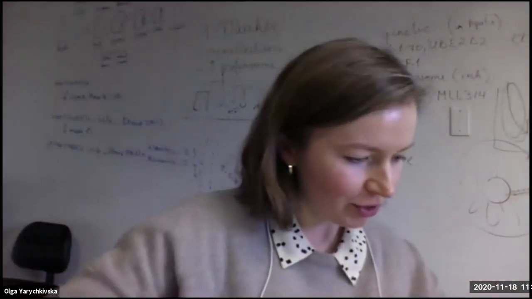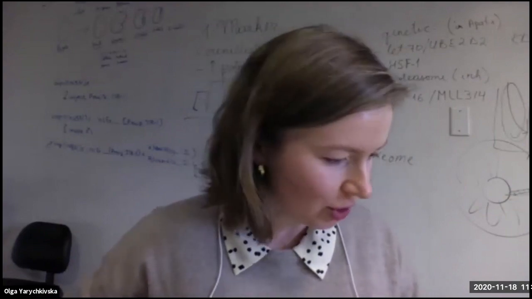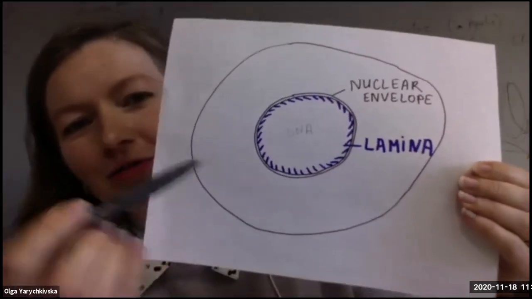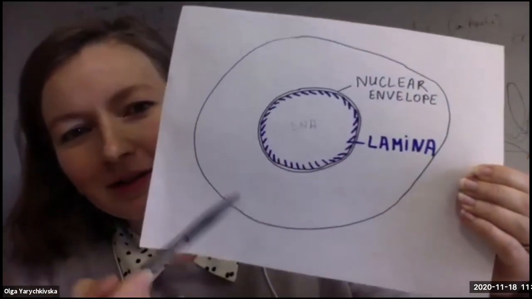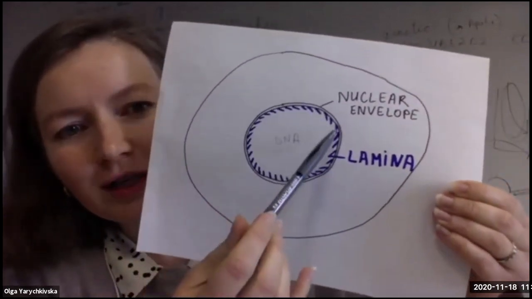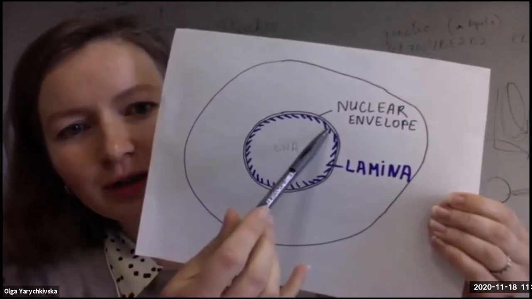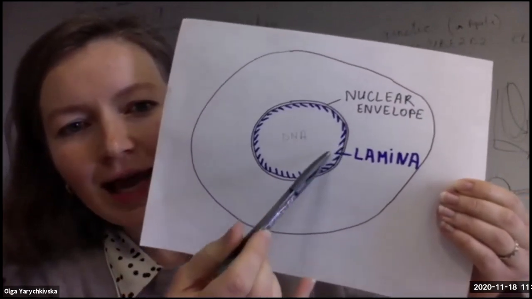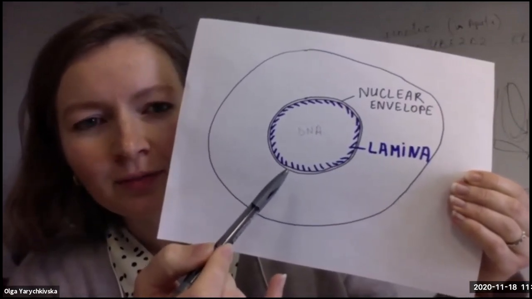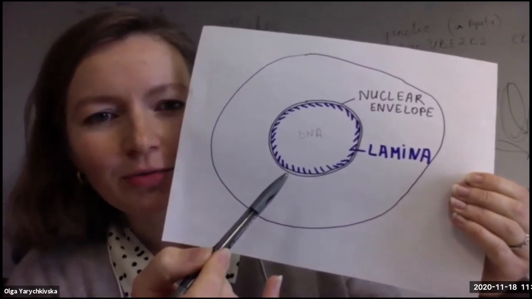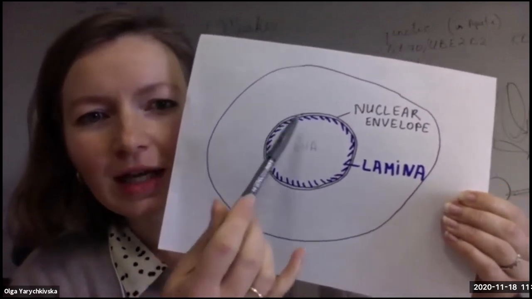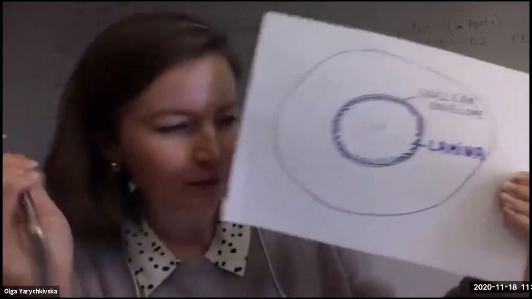And when we step back for a second, I will just show you a schematic of the nucleus structure. So this is the whole cell that you have. And this is the nucleus inside, and you have DNA in here. The nucleus has a double membrane, and we call it the nuclear envelope. And then there is this lamina in blue, which is composed of lamin protein. Essentially, what I decided to do is to look at this lamin protein because it will allow me to see how the nucleus looks.